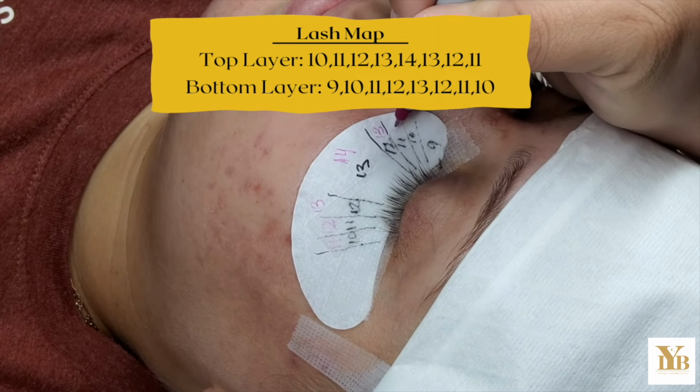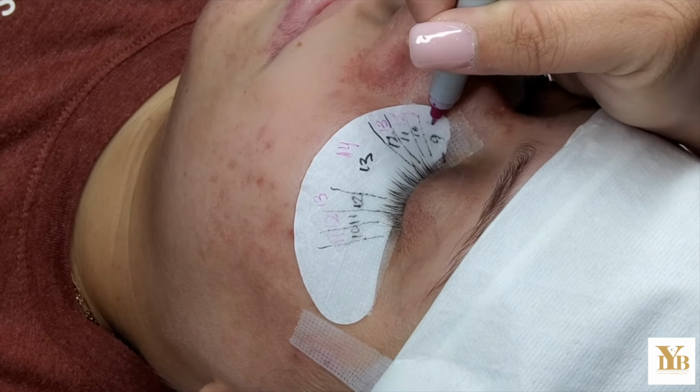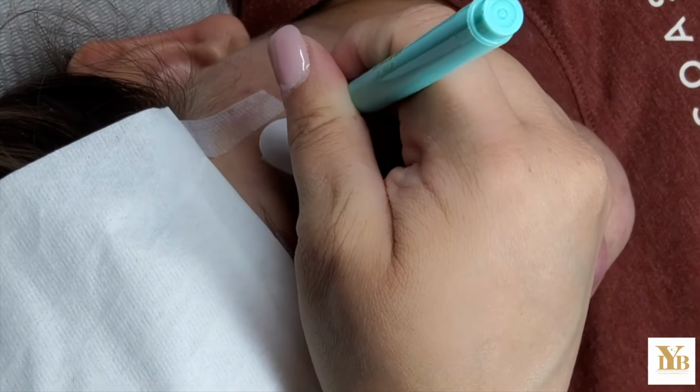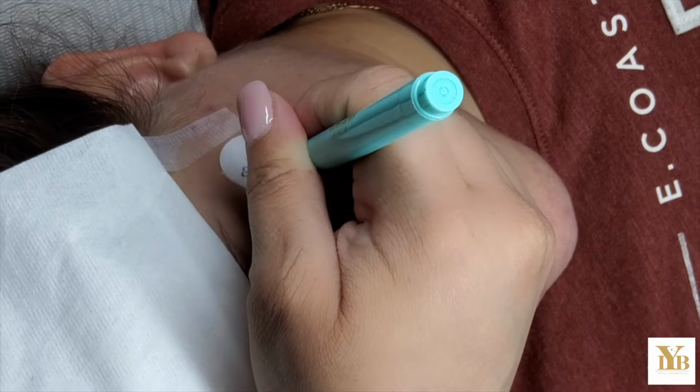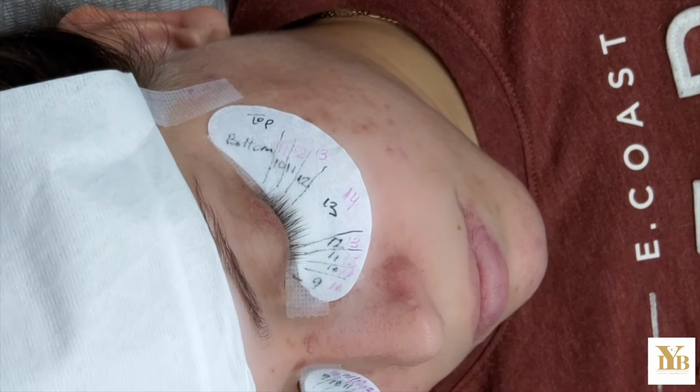So this is going to give you a semi-wispy angel eye effect that is very trending right now. It's going to give you a softer wispy look without it looking overdramatic. Right here, I'm just writing down on the mapping exactly what you're going to be doing. So the top numbers are going to be the longer lengths that you're going to be placing only on